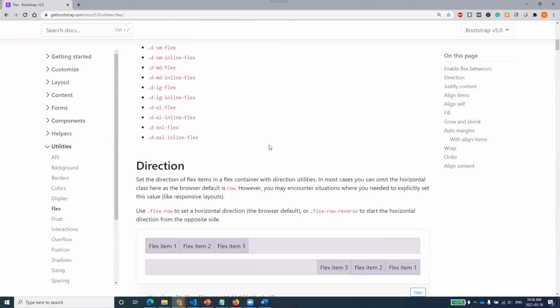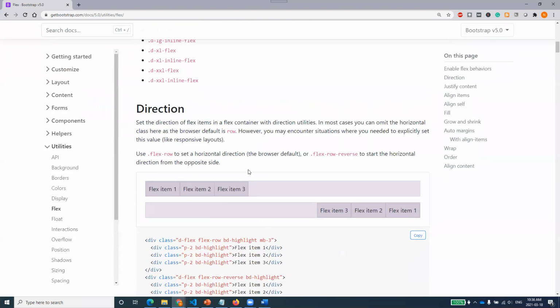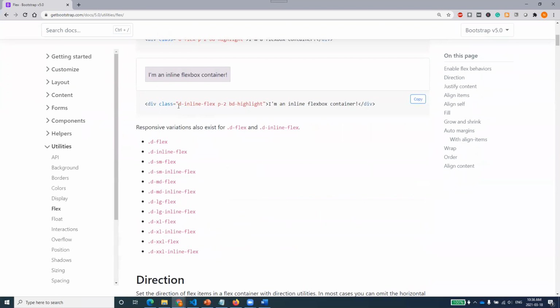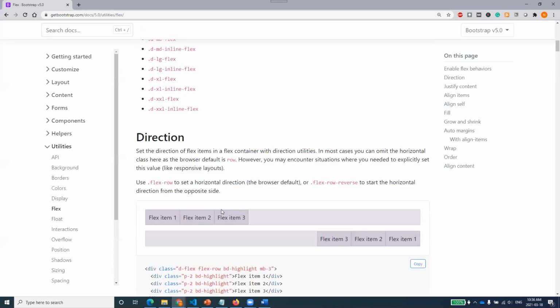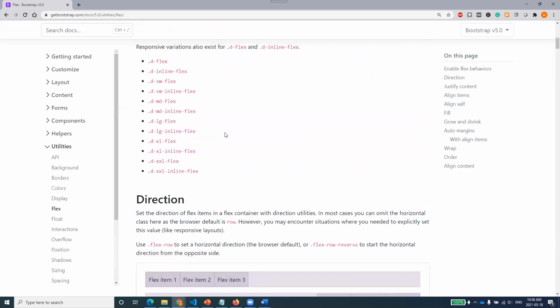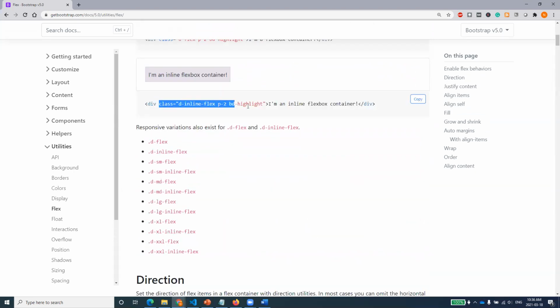So what it says is that if you want to implement something in flex, you have to make, for example, use .flex-row to set horizontal row direction, or .flex-row-reverse if you want to put them on the right side. You see here, and how do we use them? We need to implement this d-flex. This is something that we can use to implement our classes. So let's copy this one, and I will not be using this one. Rather, I want to use this for the reverse side. So let me copy this from here, and I'll just change that.